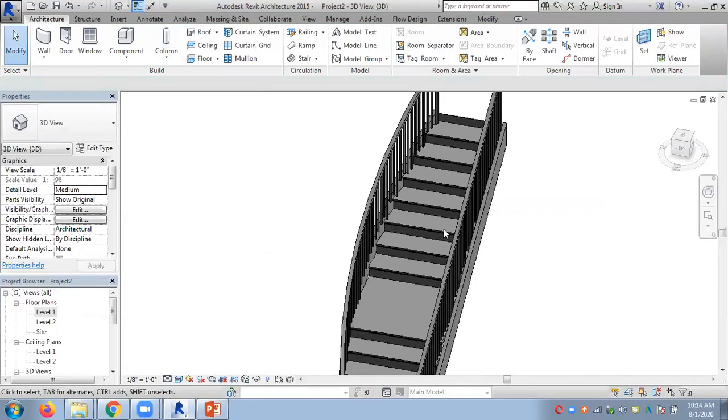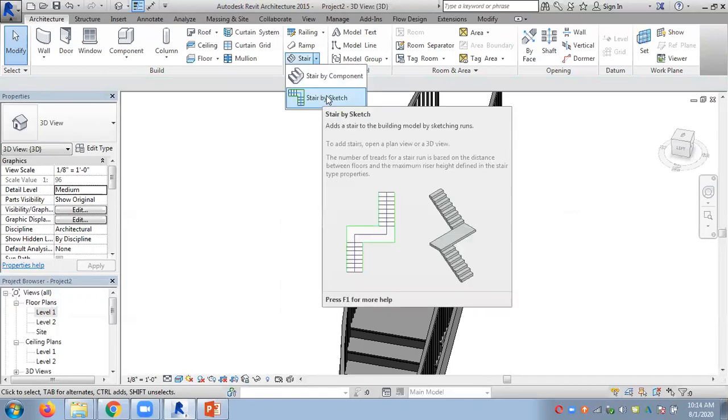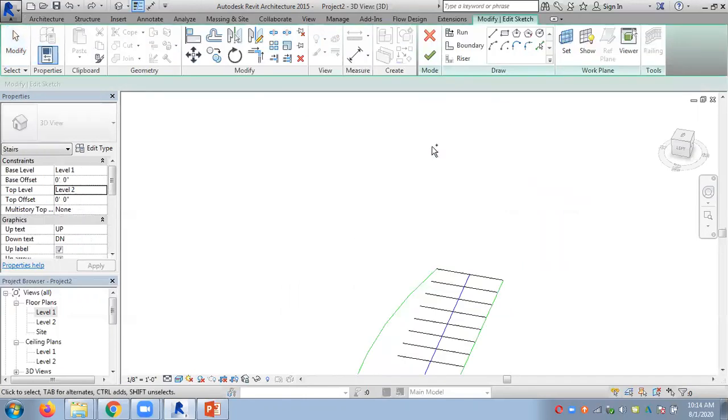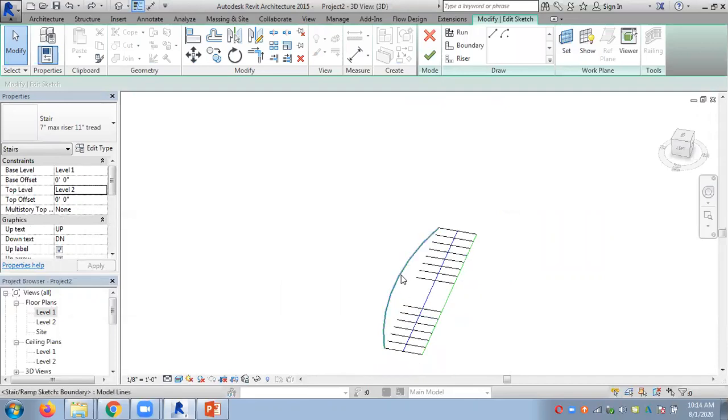So here the idea of this tool is creating your own shapes, own sketches and customizing. So you can see how I have done it. So this can be done. Earlier it was like a straight. This.